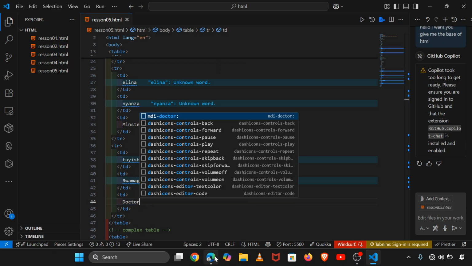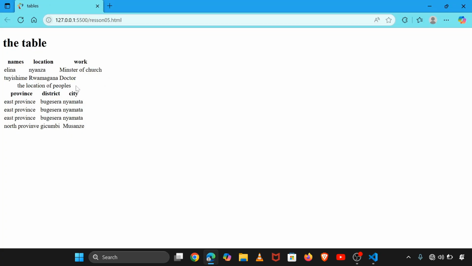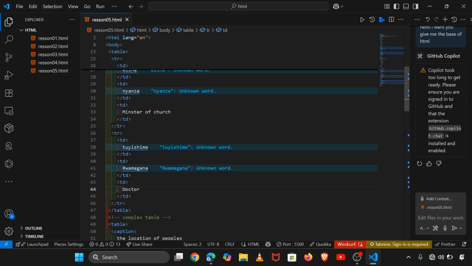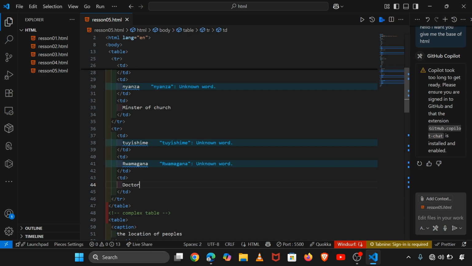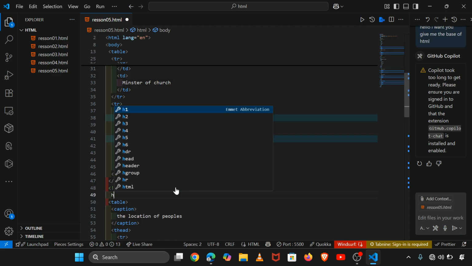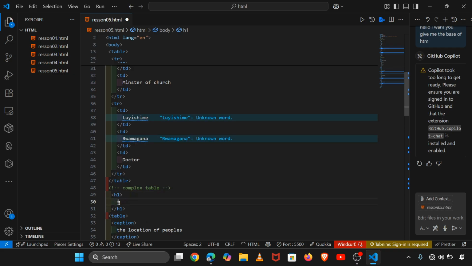Control S to save, and now you can see the second table now is formed. The first simple table is formed, and now below the complex table I may put here a header to say that